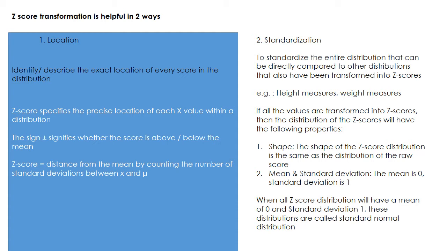It tells you the shape of a distribution, and the distribution will have the same shape as the raw score. Remember, for the raw score, we are only changing the appearance. You're just changing it into a different metric, or into different units. Just like from meters to centimeters. If you change 1 meter to centimeters, the distance is the same. It's just that the metric that you use is different.